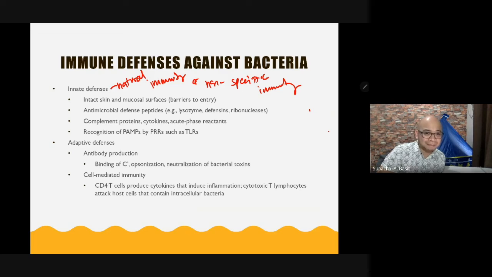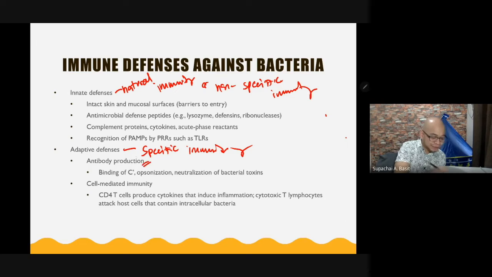And recognition by PAMPs and PRRs, such as the toll-like receptors, which are important for phagocytosis. Now, aside from our natural immunity, we also have antibody adaptive defenses, otherwise known as our specific immunity, which can either be humoral immunity, which involves antibody production, or cell-mediated immunity. By the way, when you say antibody production, this will involve binding of complement components, opsonization, and even neutralization